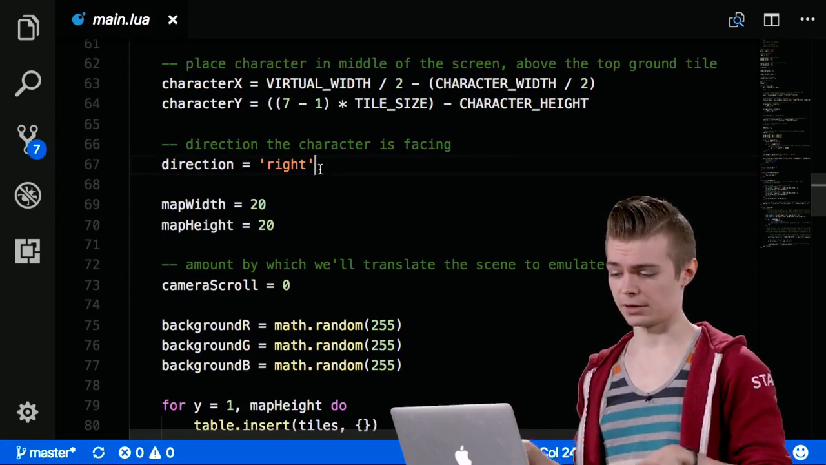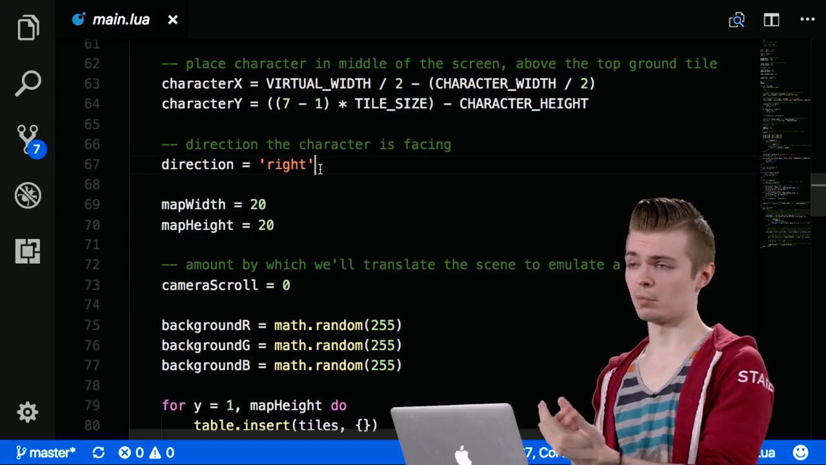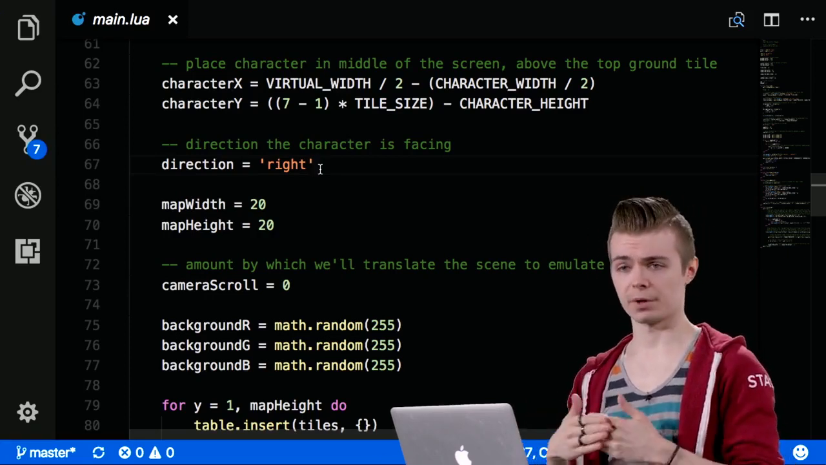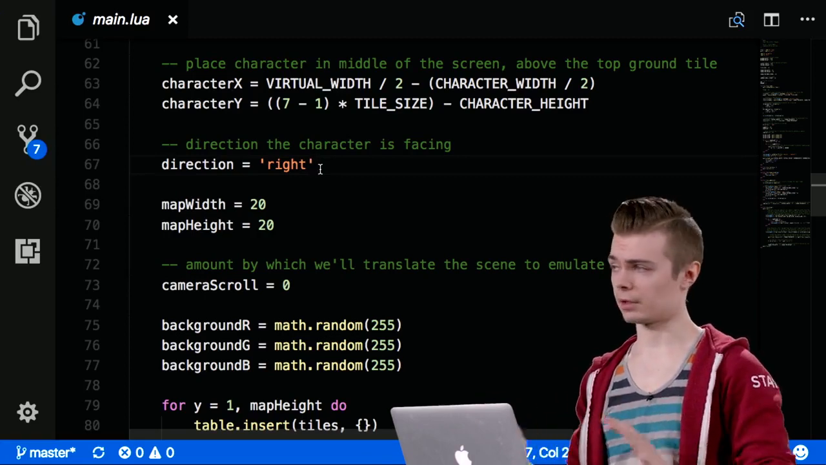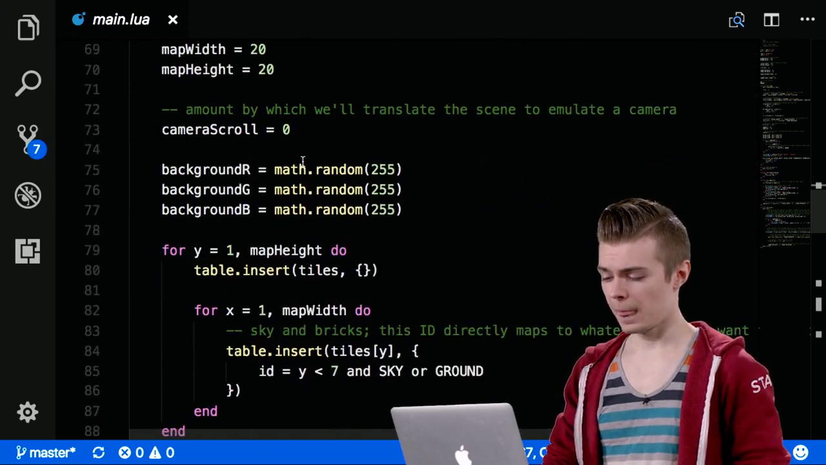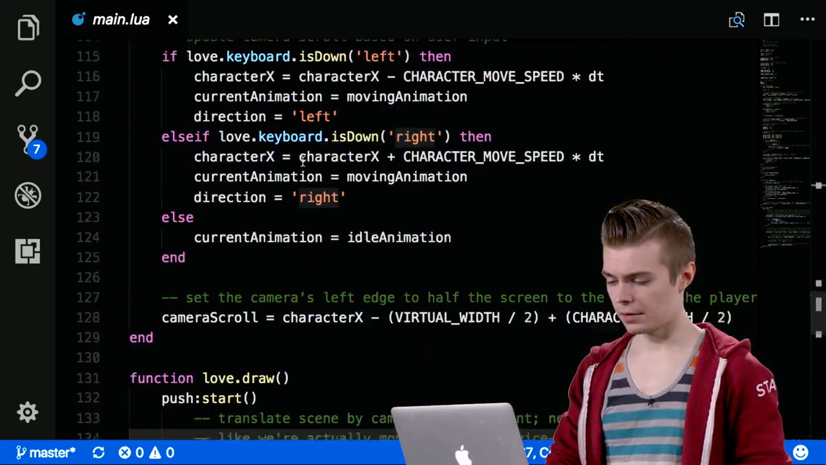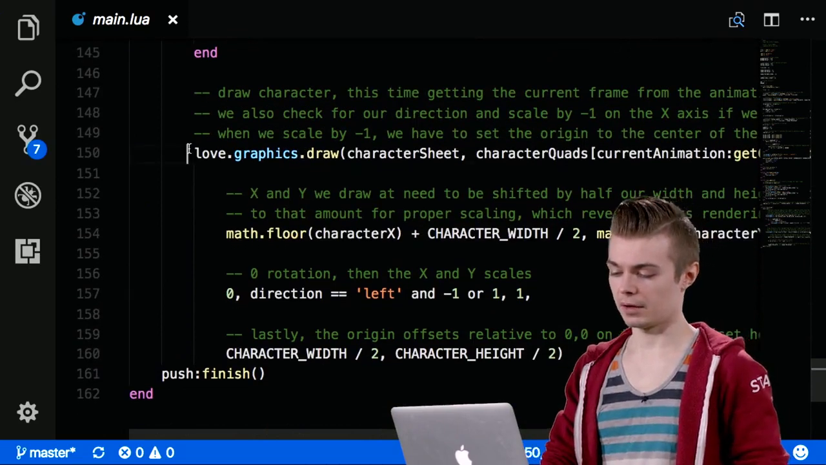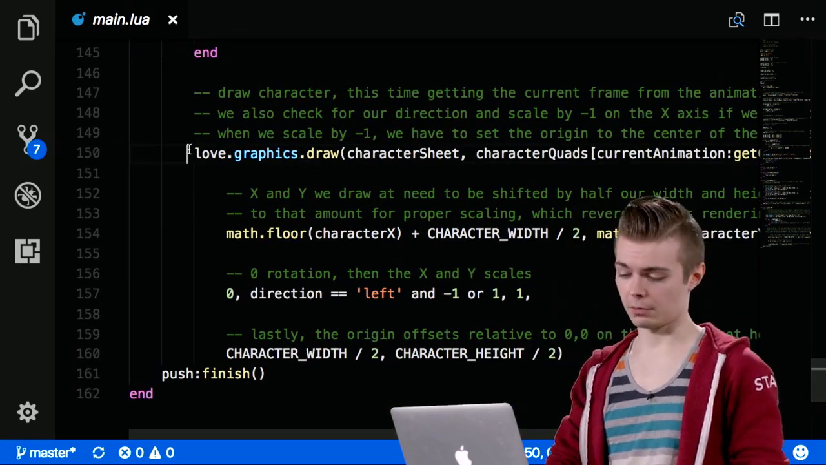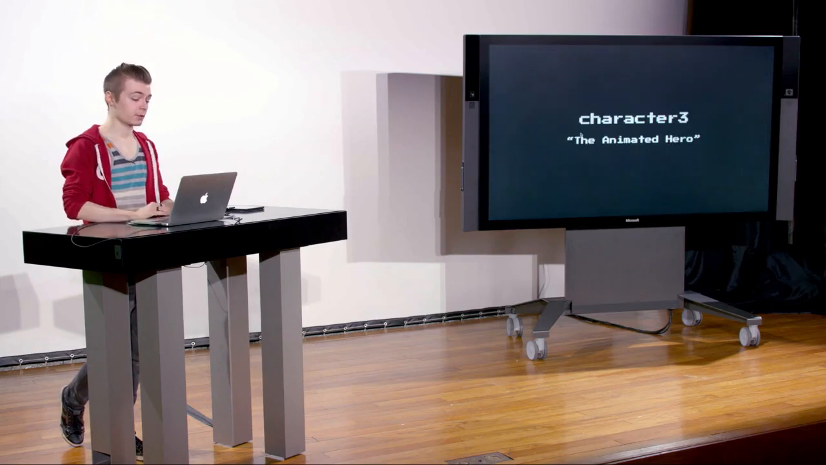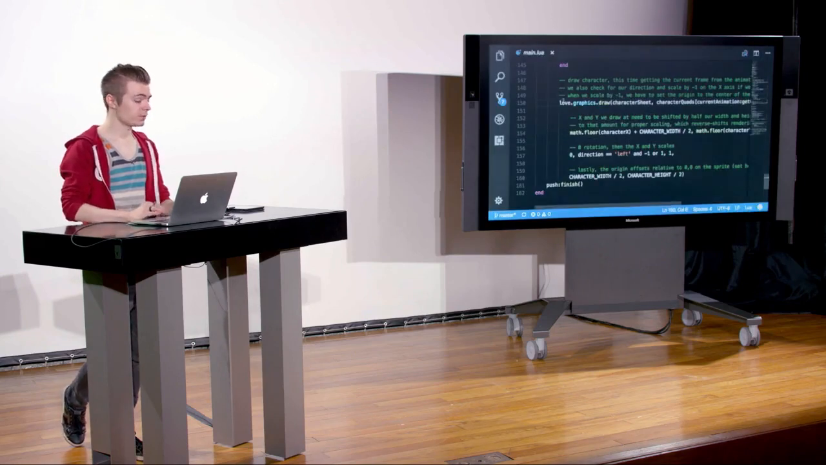So if he's looking to the right, we're going to reference this in the love.graphics.draw at the bottom, and that's what we're going to use to perform the sort of sprite flipping along the x-axis. Maintain a reference to that. And then down here, the part that we actually reference the animation is on line 150 if you're looking at character 1. Or is it character 2? Character 3. If you're looking at line 150 in character 3,